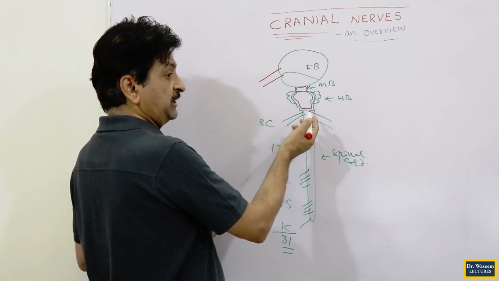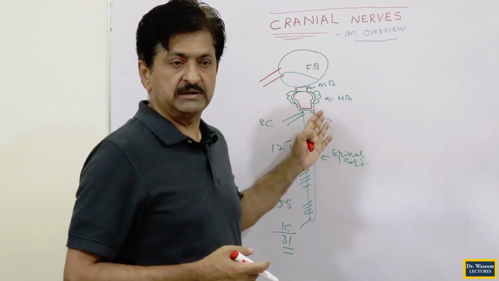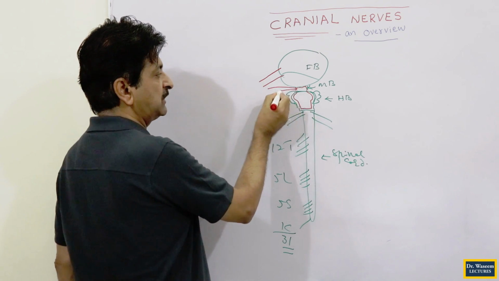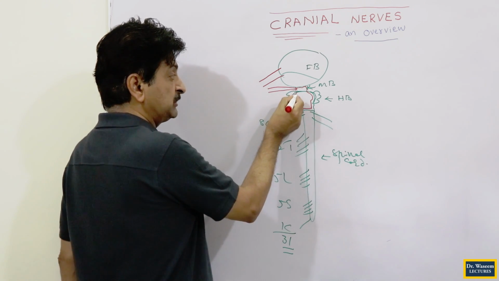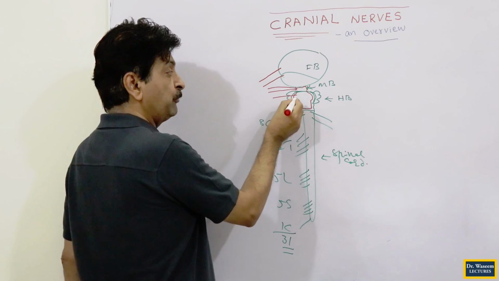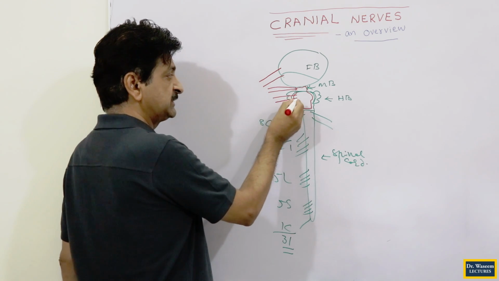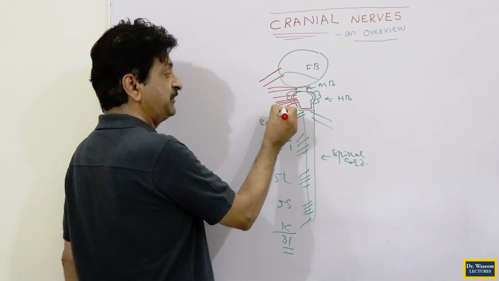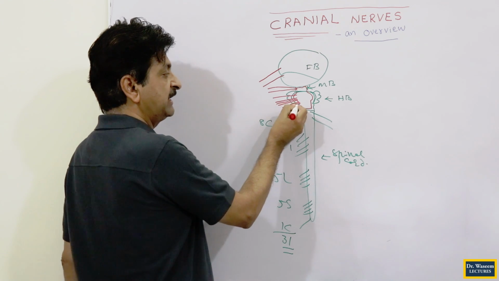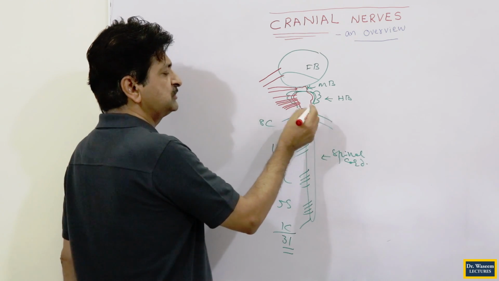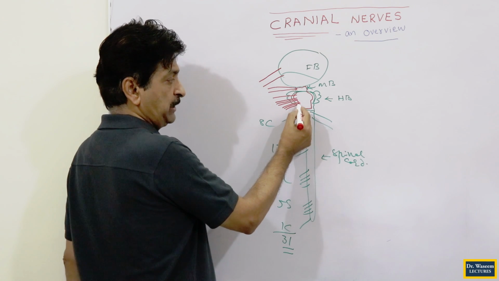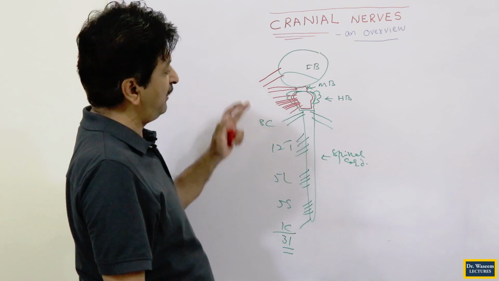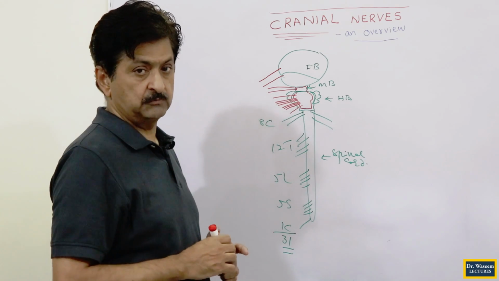Now the next 10 cranial nerves emerge from the brain stem in such a way that the midbrain gives rise to 2 nerves, the 3rd and 4th. The upper portion of the pons gives the next nerve, the 5th. The lower portion of the pons gives the next 3 nerves in continuity, 6, 7 and 8. The upper medulla gives 3 again in continuity, 9, 10 and 11. And the lower medulla, even upper medulla also, but a little bit away from the previous 3, gives the last nerve, that is called the 12th nerve. So we have 12 pairs of cranial nerves.